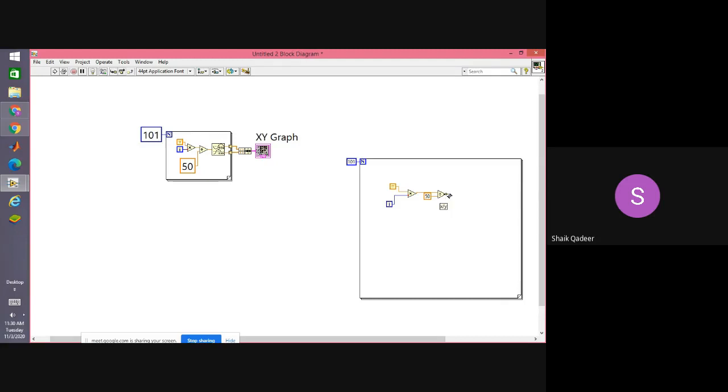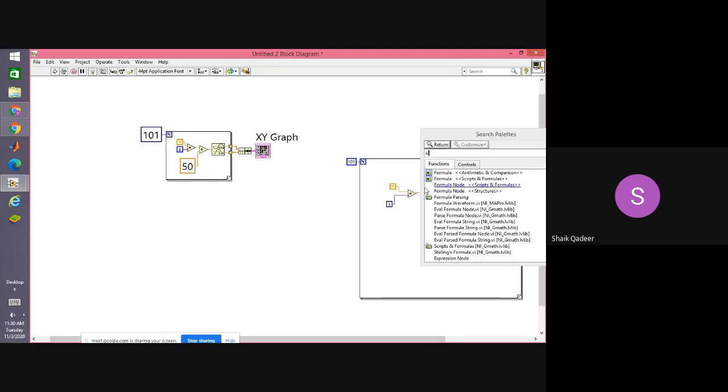After that, I told you the x is now created. Now we need to connect this x to a sine function and also a cosine function. Suppose it is difficult to locate where the sine function or cosine function is. What we can do is right click here, select search and type sine. So we will get different options, and depending upon our requirement, we can select. I am taking trigonometric function sine cosine.